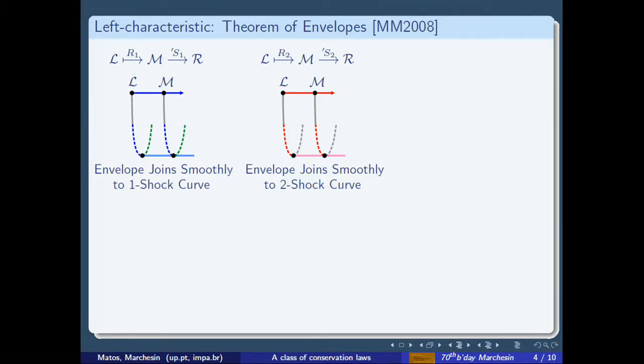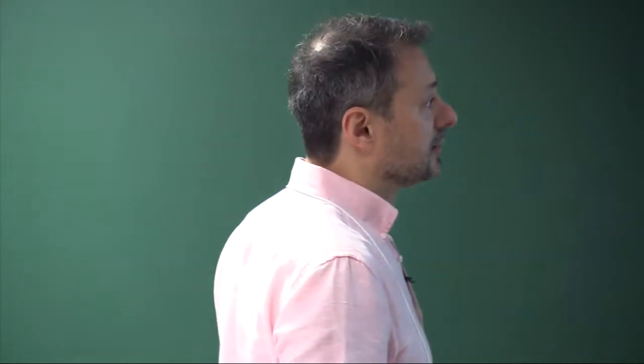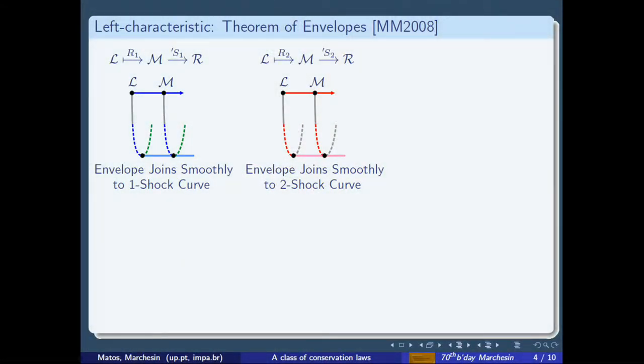And you can prove that the envelope joins with this Hugoniot curve smoothly with this branch that is one shock. And with the transitional shock, they go like a cusp. The same occurs for the two shock. If we move the state M over a two rarefaction, all these left characteristic shocks form an envelope of these